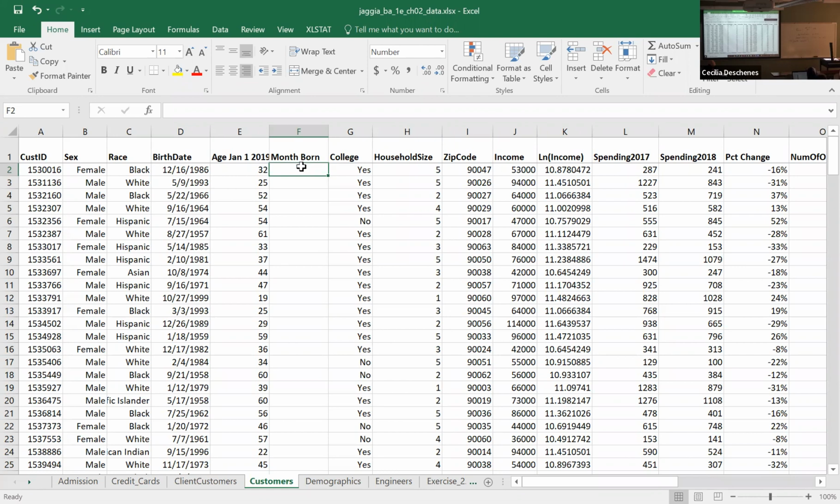So let's start out with the month born. This one's a fairly easy date function that Excel has called month. So we're just going to go month, and we're going to go to birth date, and we're going to hit enter, and it's going to tell us 12. And you can just see it's pulling the month off of this birth date. But I want you to know that it's pulling it off regardless of the format,